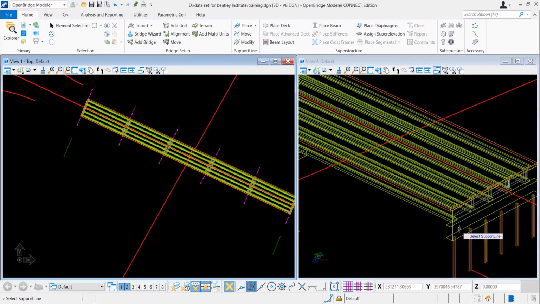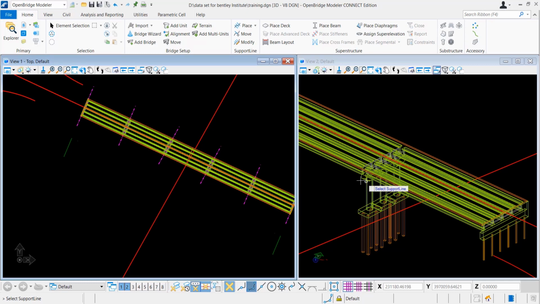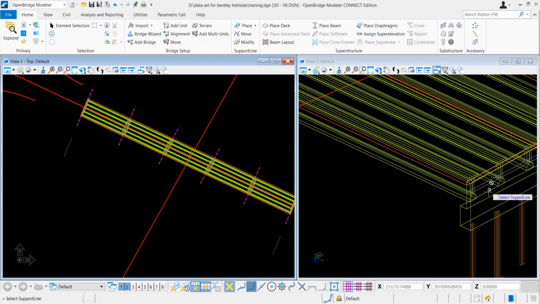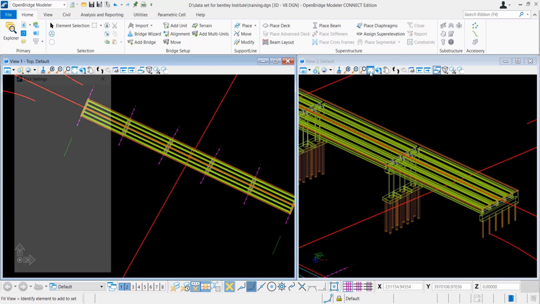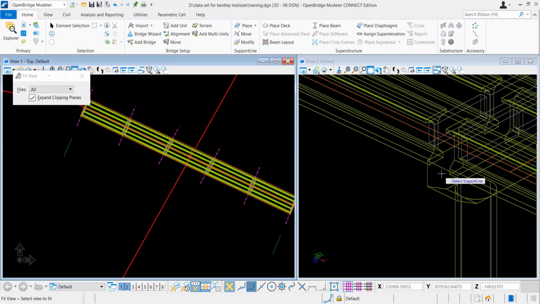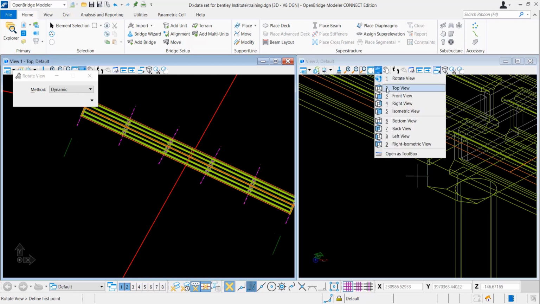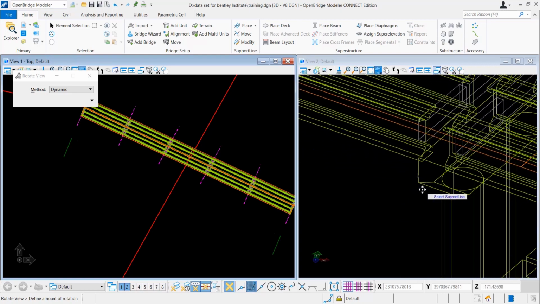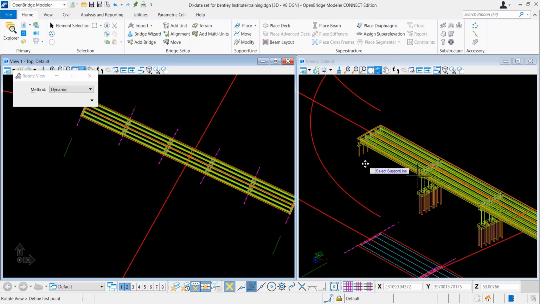We didn't place the bearing so far, but we can actually visualize how it is placed. As I said, the templates are predefined, right? We can see that we have defined a 500 millimeter offset from the support lines to the beam. So we might need to increase the pier cap width or the abutment cap width. From here we can visualize that we need to increase the cap width as well as the pier cap length, right? That's the same operation we will do. This will really help you during the modeling, to see how your dimensions fit.